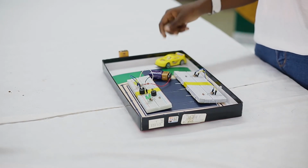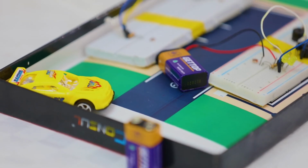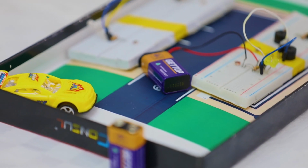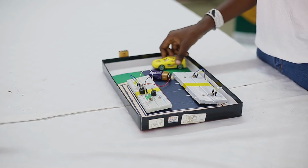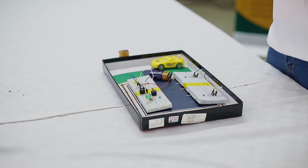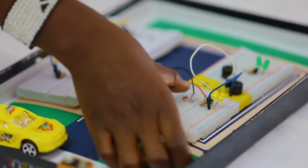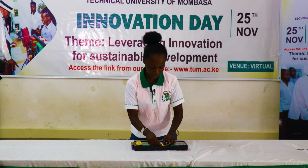So once the parking area is empty, my lights are off, and my sensor is sensing that there's nothing. But I think I'll demonstrate using my finger because my breadboards are a bit smaller. So once there's a car in the wrong place, the buzzer goes off until the owner of that car